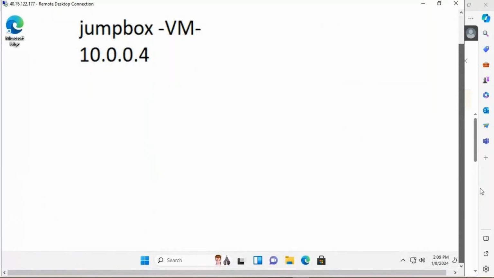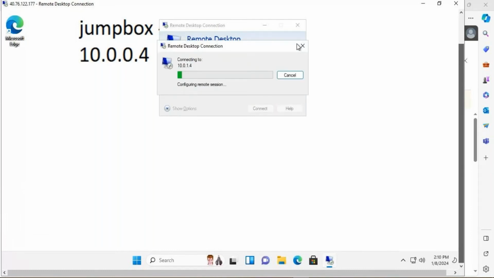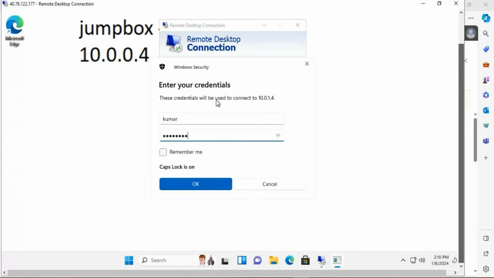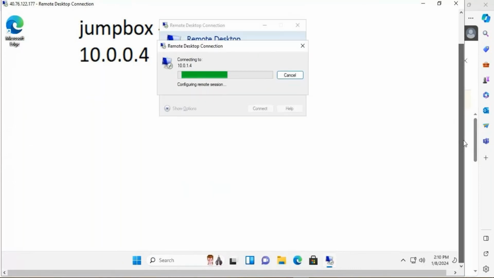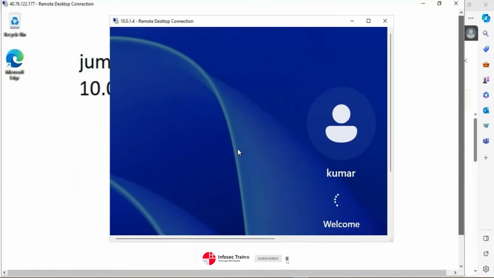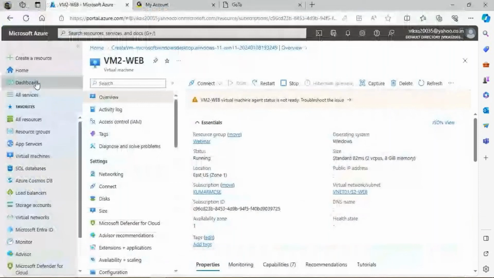What is the IP of the prod VM, guys? Next subnet, 10.0.1.4, and I'm not able to connect over internet also because of no public IP. So it's RDP into RDP web VM, and I'm very much worried about Gmail, Yahoo, whatever allowed in prod VM. So it takes 2 minutes. Meanwhile, I'll create a route